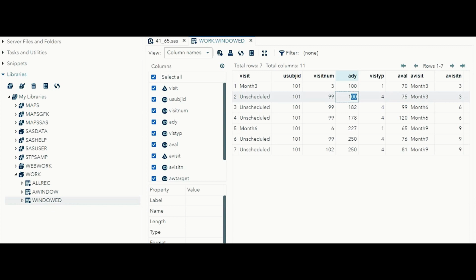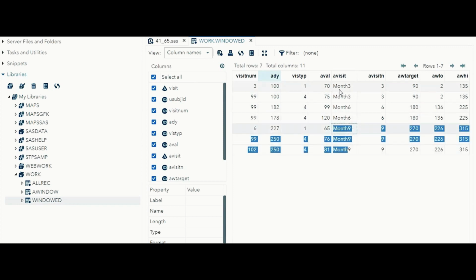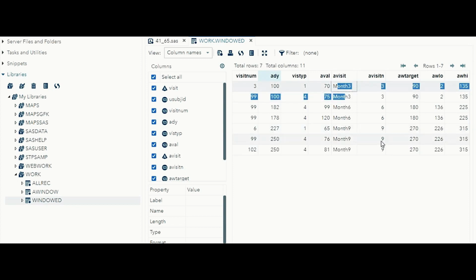But again, one doubt. Wherever the statistician wants to pick one value for the analysis, here month 3 has 3 values, month 6 has 2 values, month 3 also 2 values. Which value do they have to consider for the analysis? We are not going to pick all the records for the analysis, because that time we get a larger number of small counts compared to the big count. To avoid the confusion, we have to decide only one value among these values. For every visit we have to pick only one value. That is where the analysis flag comes into the picture.